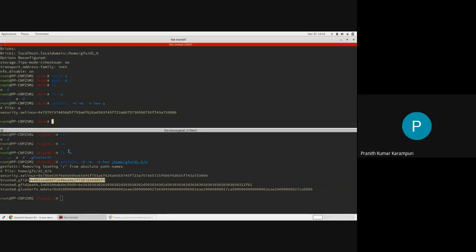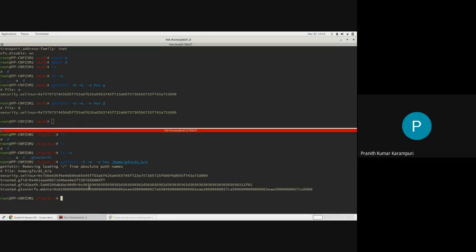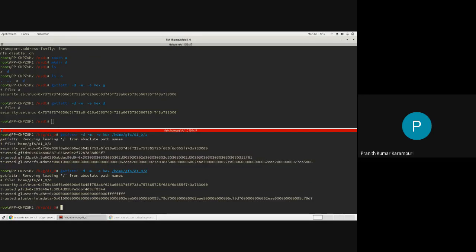Any file or directory that is showing up on the mount point will have such a unique GFID. You can see that this one and this one are different. So this is the first bit of difference that you will see.